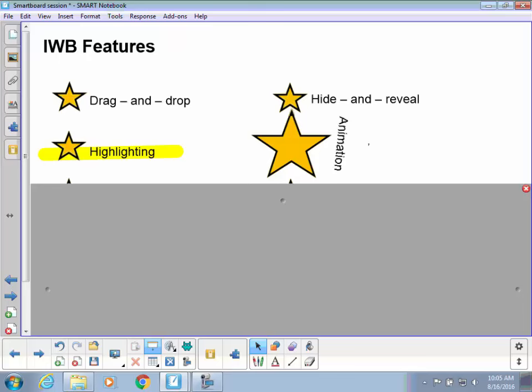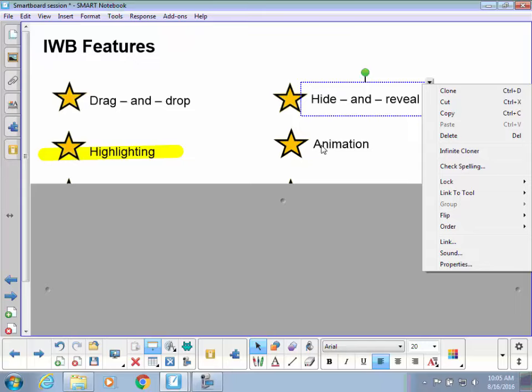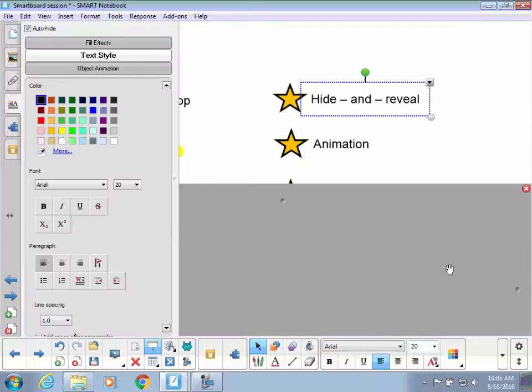To animate, what you want to do is, I want it to stop for a minute. Feeling pretty good. To animate, you click what it is that you want to move, and then the easiest way is properties. That is where you see the color grid